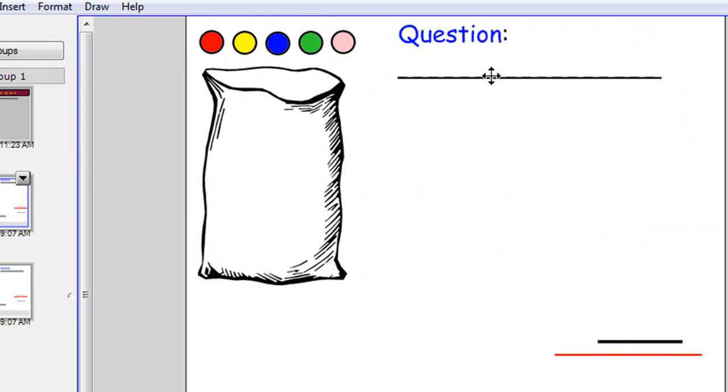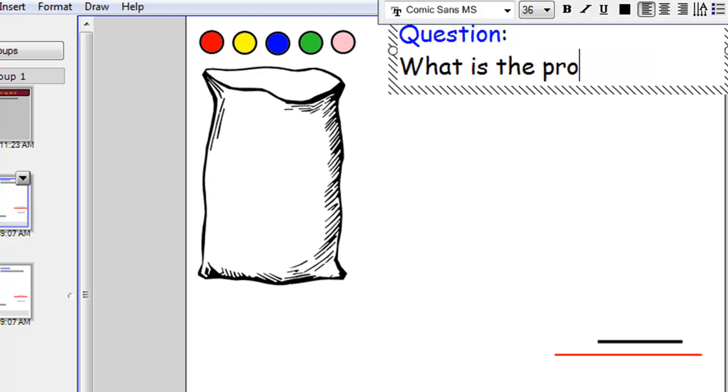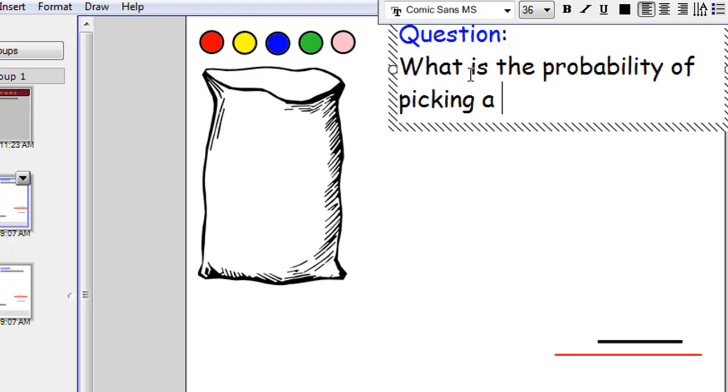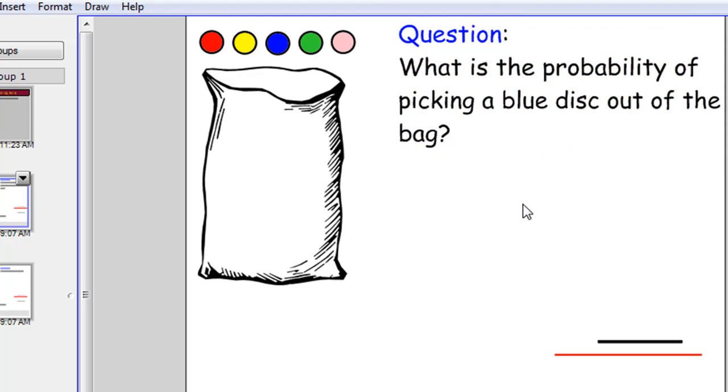Alright, we'll type in a question. What's the probability of picking a blue disc out of the bag? Now all of these discs are here and they're set up using the infinite cloner tool, so you can just drag down as many of each one as you like. And we'll say